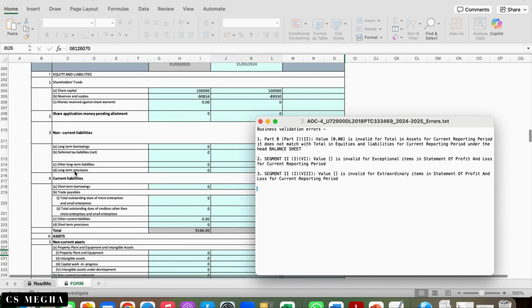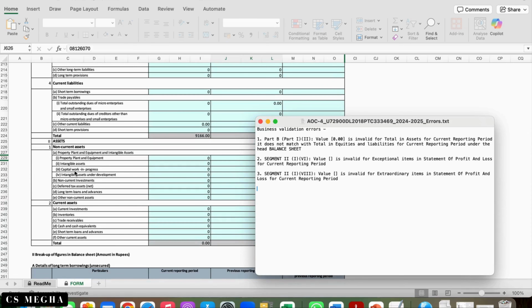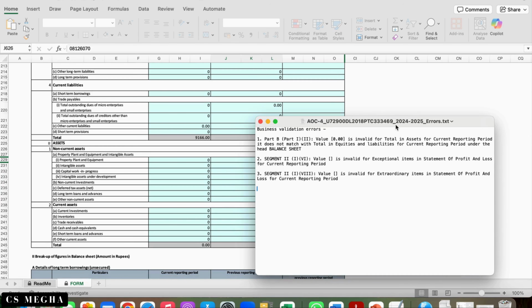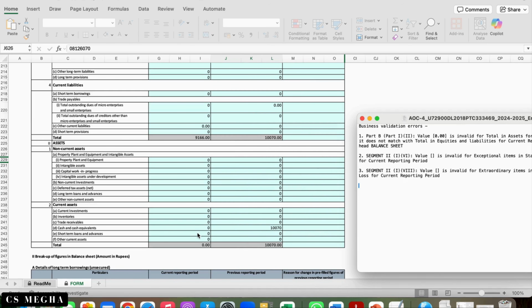I guess some 00 is missing, which needs to be put. We can't leave any field blank. So just finding out where 00 needs to be put.